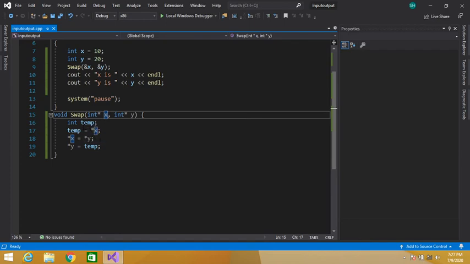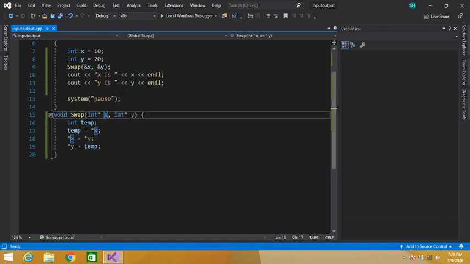And here we are declaring a temp variable, and then we are using the dereference operator, which means we are dealing with the value which is stored in this address. So the value stored in this address will be assigned to this temp variable. The dereference operator accesses the value stored in the pointer, so it will access the value from that address. So I have stored the value of x in temp, and similarly I have exchanged the value of y.